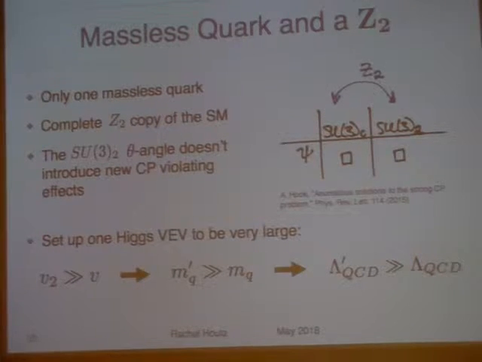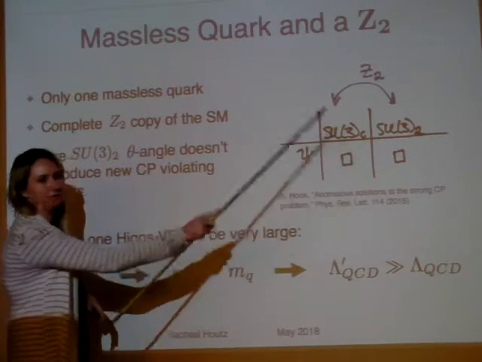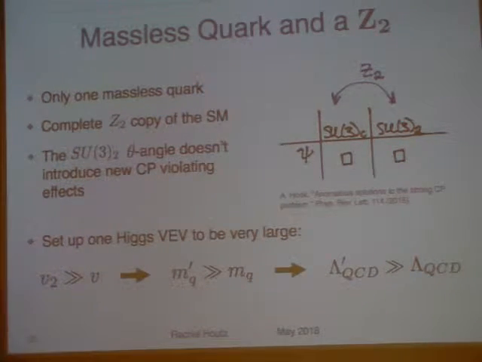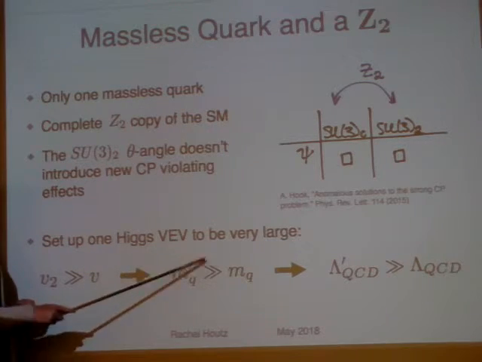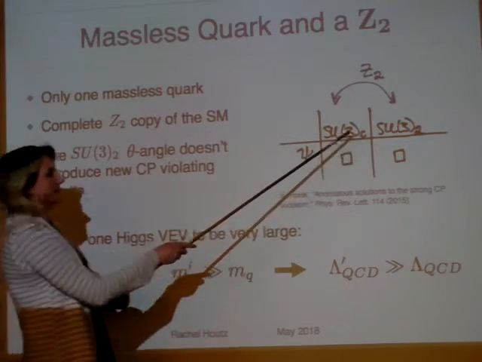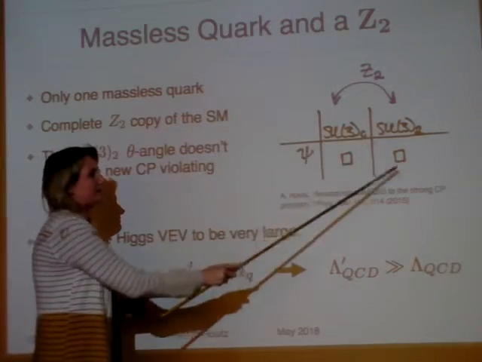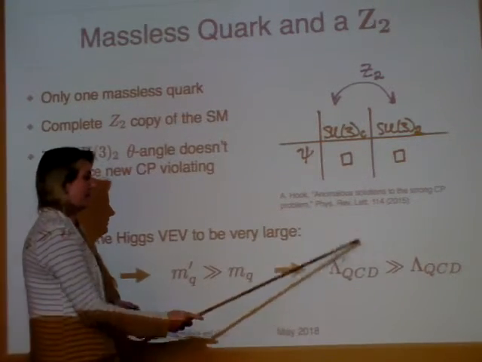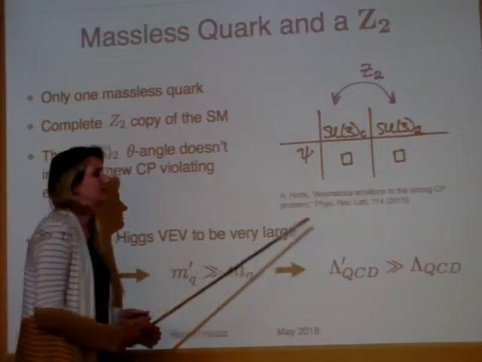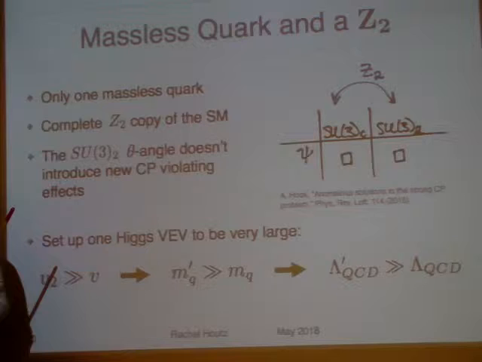So this accomplished two things at the same time, right? First, it explained why we don't see all this hidden mirror world standard model content. And the second thing is that if this Higgs web is much larger, then the mass of the mirror world quarks are much larger than the standard model quarks. So if at some high scale these guys have the same gauge coupling, if there's more matter charged under here than under here, this confines much faster, so it confines at a higher scale. And so this allowed the mirror QCD to confine at a higher scale than QCD, and then you get the bound states of the psi sitting around the QCD prime confinement scale.